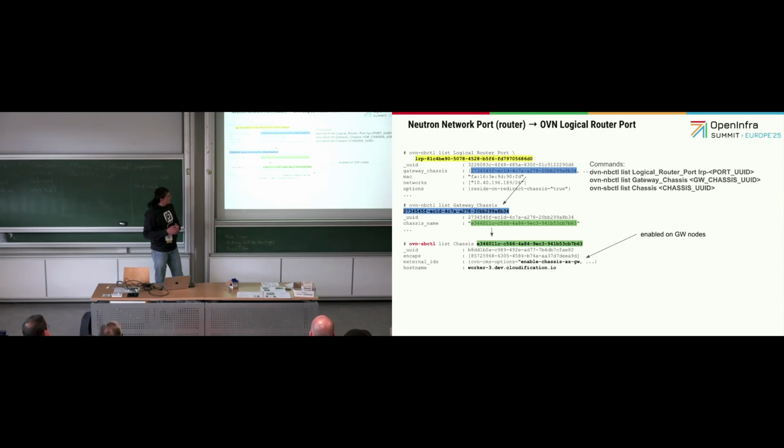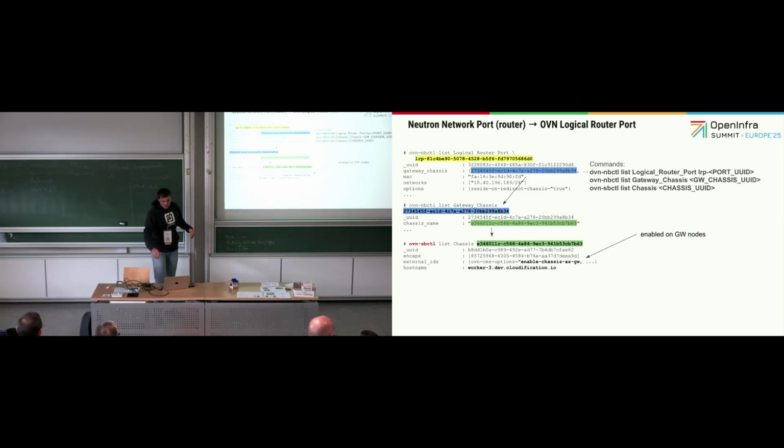Then you can find how that works. And only one option in this table tells OVN that this port should be used for the logical router and should be used for the routing east, north, south in your cluster. This is the option enabled chassis as GV. Right now they invented another option, which you will find in the documentation, for more gradual configuration. But this is pretty much everything that you need to know to debug